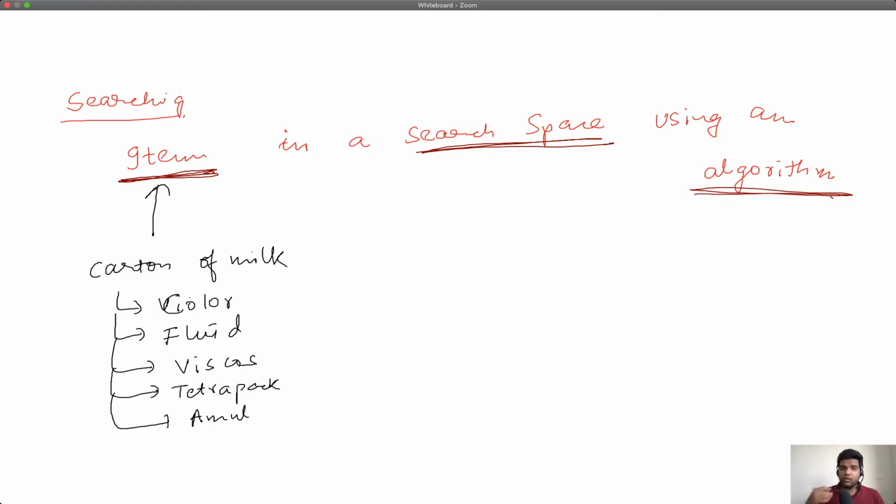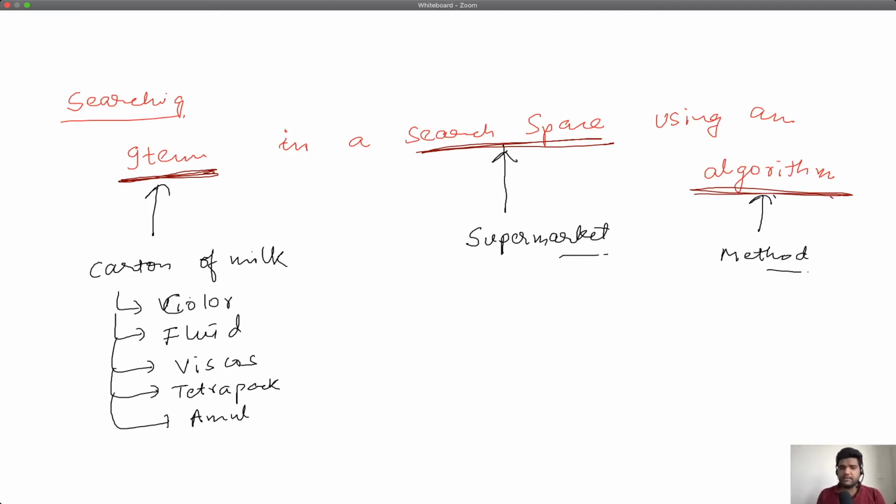Now, where are you looking for that item? You are looking for that item in the search space. In our example, the search space was the supermarket where we were typically searching for that item. We were using a particular method to search that particular item in the search space, right? And that method is nothing but the algorithm that you employ to search for that item.